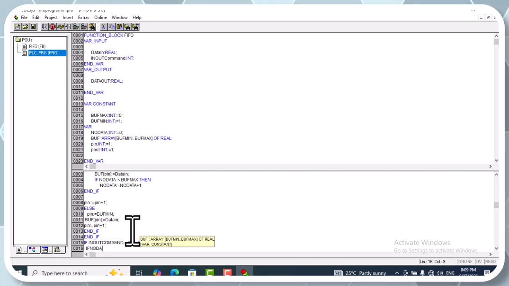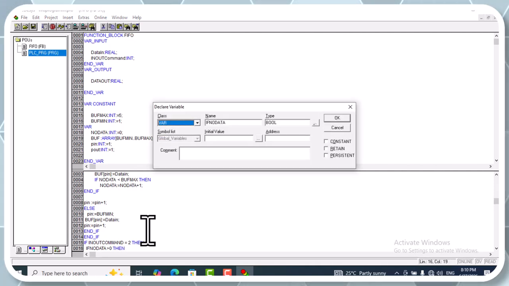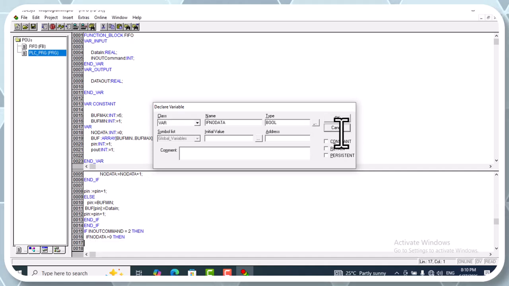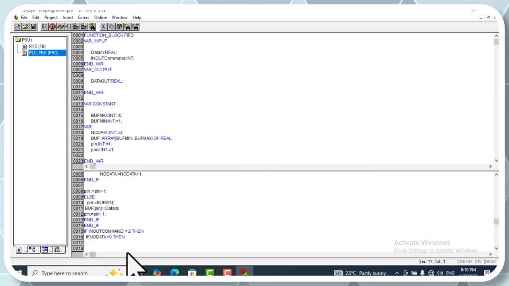If no data is more than 0, then we must set our data out equal to our buffer payout. Buff payout